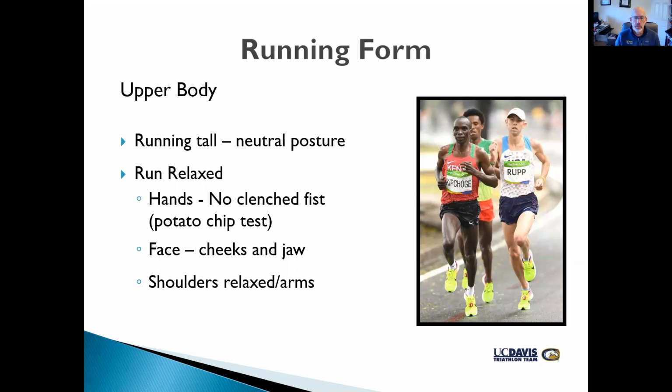Okay, let's start with upper body mechanics. The first and foremost element of upper body mechanics is really to run tall with a good neutral posture. And that really means that you're allowing the structure of the body, bones, muscles, ligaments, joints, all of that in combination to support your running posture. Versus if you were leaning forward or had hunched shoulders, then you're having to utilize other parts of the body, extra muscle, extra mechanics, bone structure, in order to support that running form, which uses more energy, and you have to adapt to that. So really running tall with a neutral posture is important,